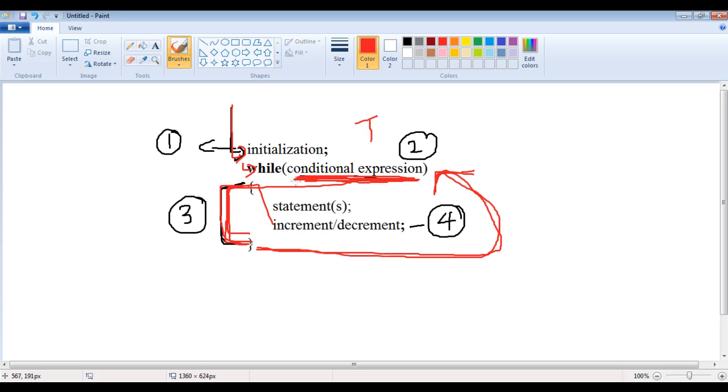Again, the conditional expression will be evaluated. If it is true, then the control enters the body and executes the statements inside the body. After executing the body, the control moves to the conditional expression. Again, the condition will be checked whether it is true or false. If it is true, the body will be executed. If it is false, then the control moves outside the while loop and executes any statements available below. So that is how the while loop gets executed, friends. That is the flow of execution of the while loop. I hope you have clearly understood.